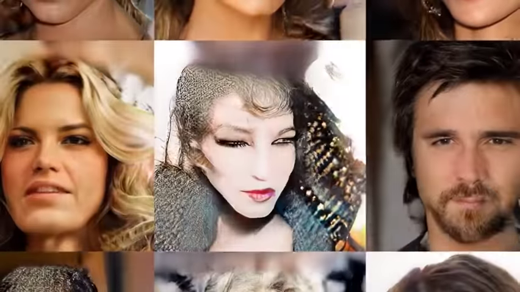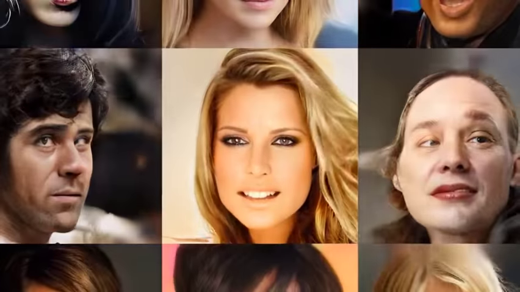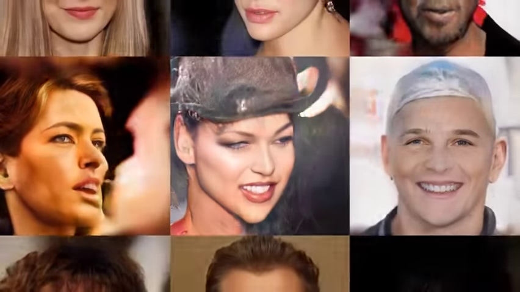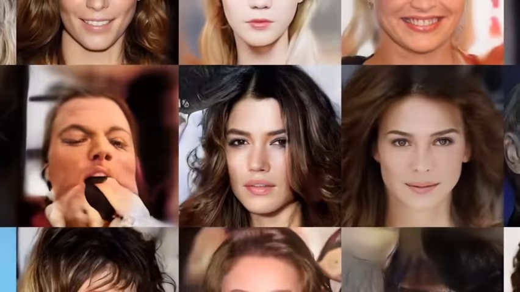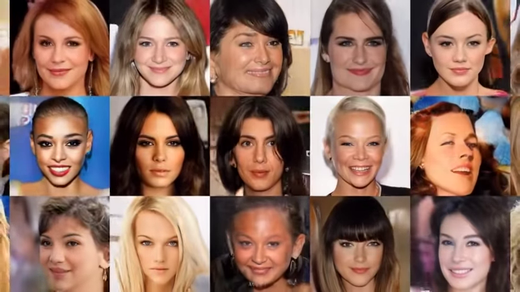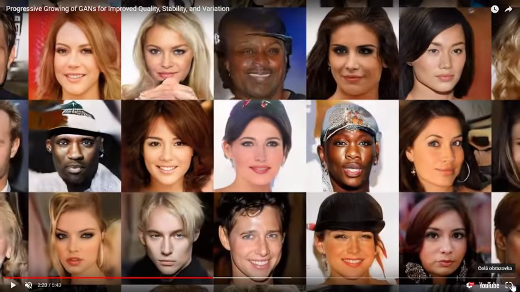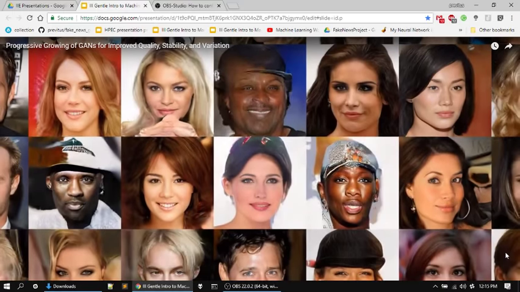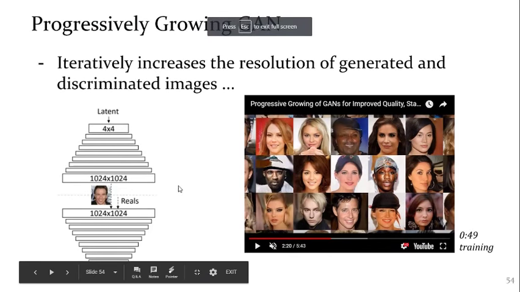Some of it is nonsense, some of it is faces with smiles, some of it is horrible. Some of it works, some of it doesn't really. But maybe this face would be realistic roughly. Maybe this one, yeah. So a big thing that is still being discussed about GANs, Generative Adversarial Networks,